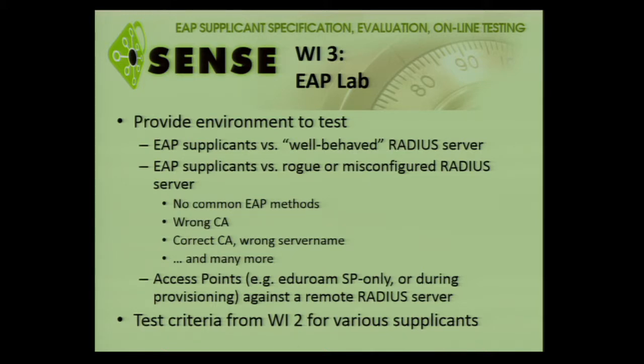So maybe your device does not support EAP-TLS, but your server only supports EAP-TLS. And then it would be good to have a meaningful error message, which means, well, either you have to reconfigure your device for this other EAP type, or if that doesn't work, talk to your system admin, but it is not a password problem. You really have a configuration issue here. Same thing, you can present a wrong CA during the exchange to the supplicant. We would hope that it complains and tells the user, wow, something's fishy here. Somebody might be setting up a rogue radius server. Then you can have the correct CA, but a wrong server name, and numerous variations.